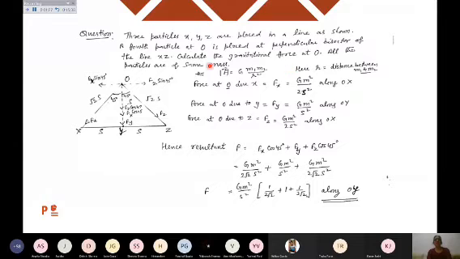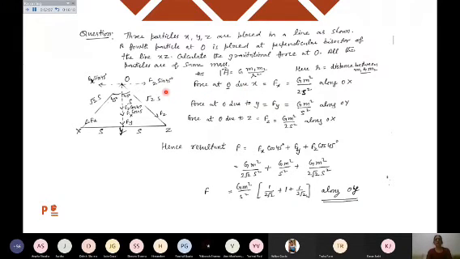This is the magnitude formula, your previous knowledge, that force is given by G m1 m2 divided by r square. Now because position vectors are not given, nothing is given, I will go with whatever way I feel easy. So need not panic even if you are getting numericals with many particles. Just try to understand, and most of the time by resolving the vectors, you will be able to do the work easily. Or otherwise, if you are comfortable with the triangle or parallelogram law of vectors, then that can also be done. So I'm doing it by resolving the given vectors.